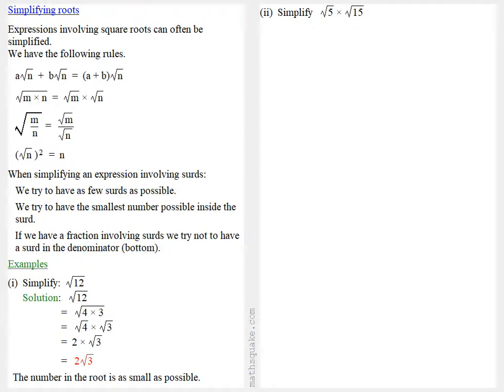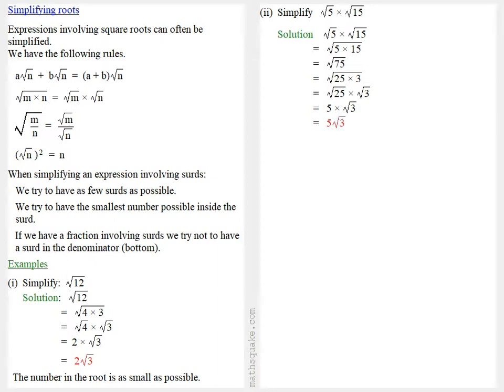Suppose we want to simplify the square root of 5 times the square root of 15. The square root of 5 times the square root of 15 is the square root of 5 times 15, which is the square root of 75. Now the square root of 75 can be written as the square root of 25 times 3, which is the square root of 25 times the square root of 3, which is 5 times the square root of 3,